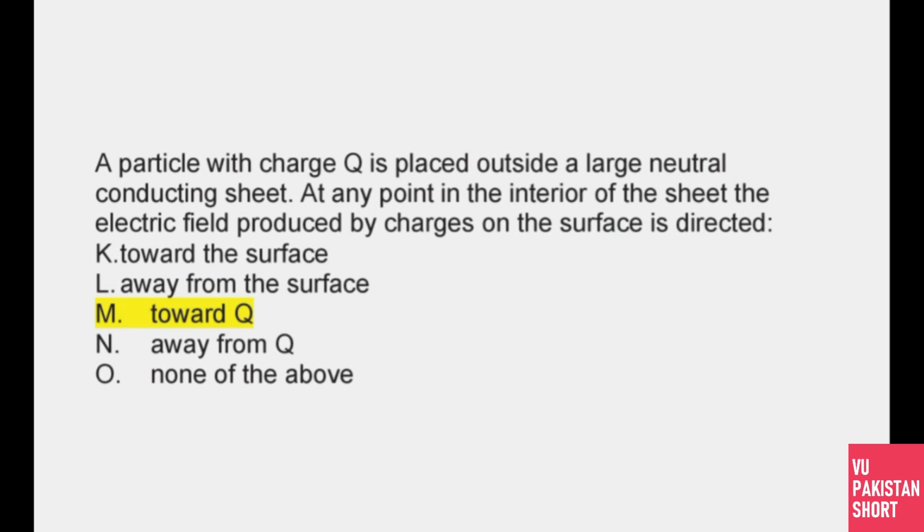A particle with a charge q is placed outside a large neutral conducting sheet. At any point in the interior of the sheet, the electric field produced by charges on the surface is directed किसकी तरफ होगी? वो होगी towards q की तरफ जाएगी, यानी जो चार्ज क्रिएट हो रहा है वो towards q की तरफ जाएगी।